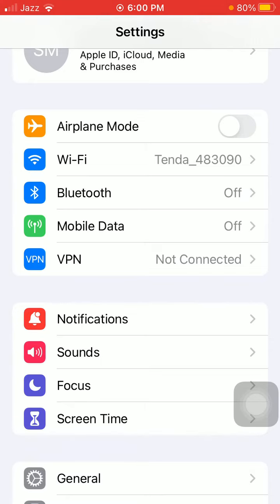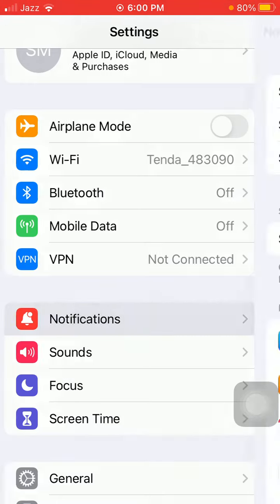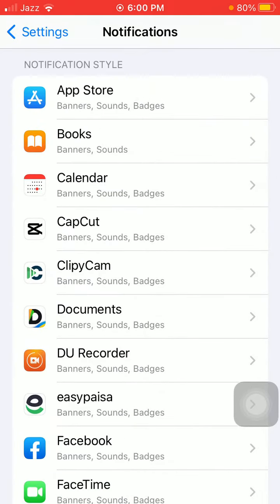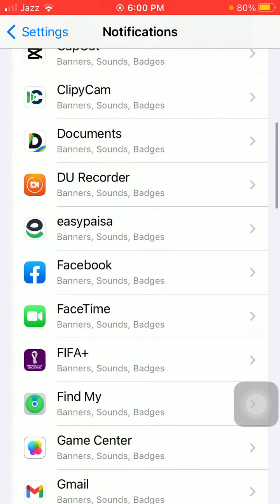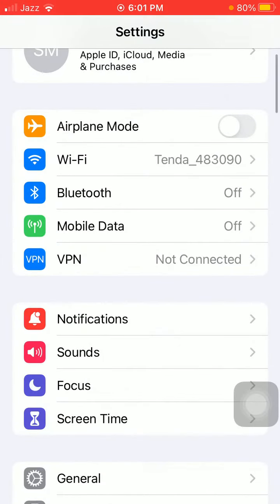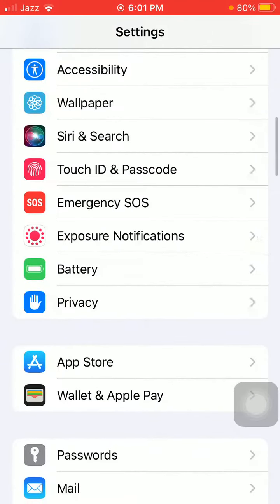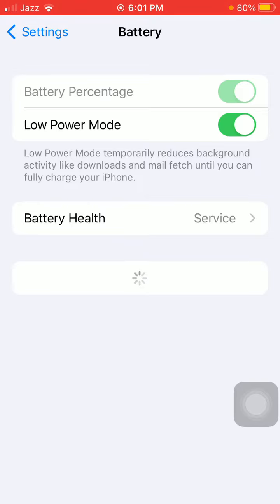What we have to do, go back to settings, tap on notification and turn off the notification for the app that you are getting a lot of messages or notifications from, because any notification lights up your iPhone screen and drains the iPhone battery. Keep in mind one more thing, we need to always charge the iPhone with the original iPhone charger